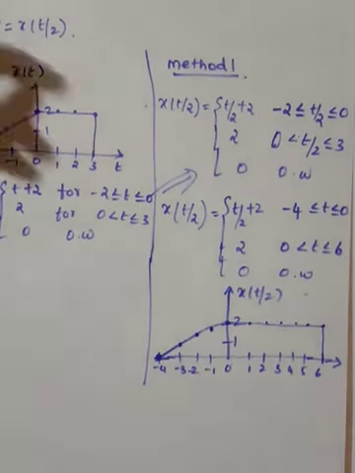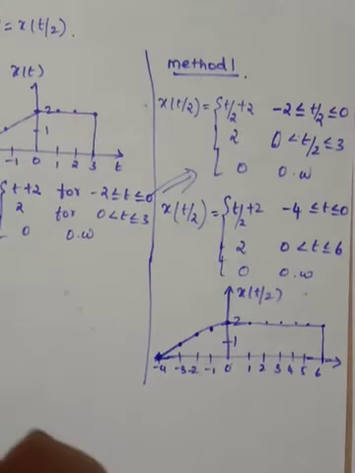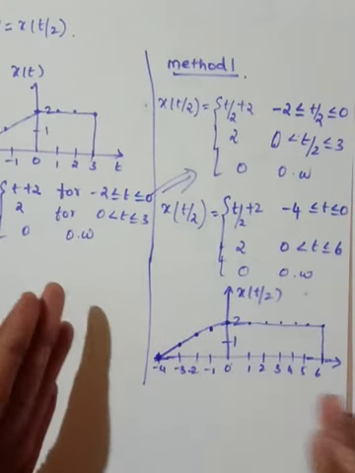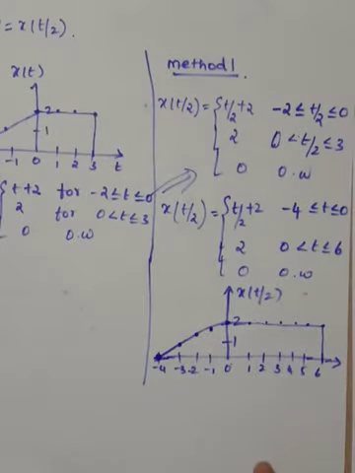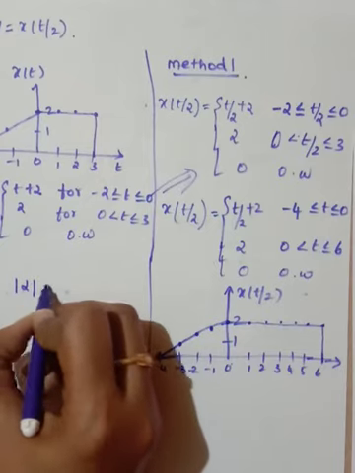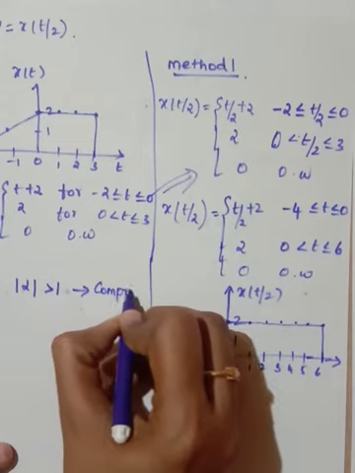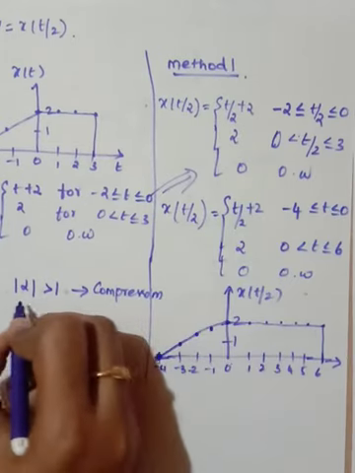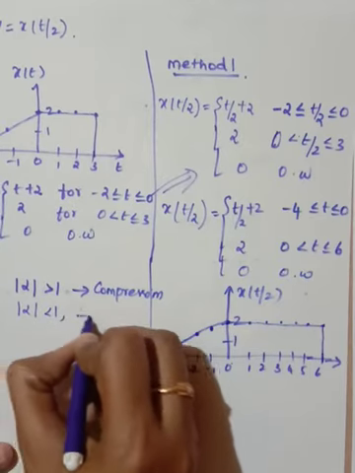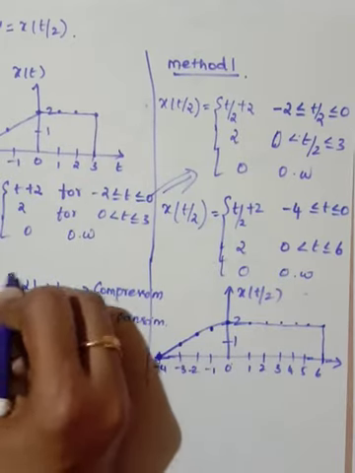So now see the previous one, what we have seen. When you are multiplying by a value greater than 1, the signal is getting compressed. Now see, the signal is getting expanded. Okay, so that is the difference. If mod alpha is greater than 1, this results in compression, and if this alpha value is less than 1, it results in the expansion of the signal. So that is the thing you need to understand here.